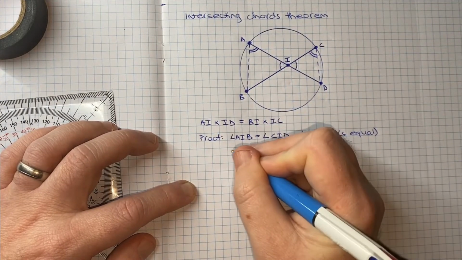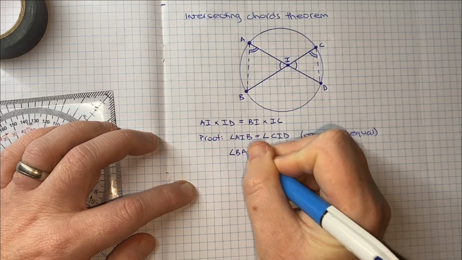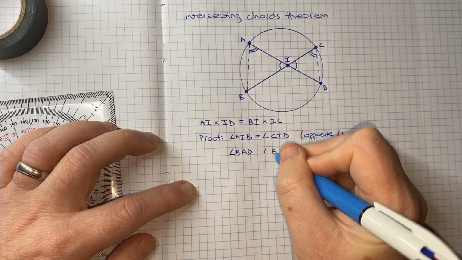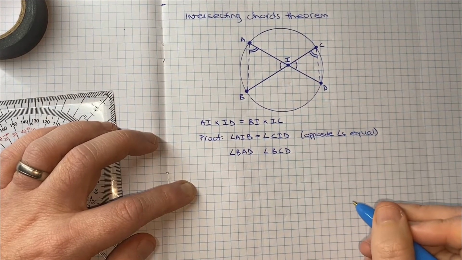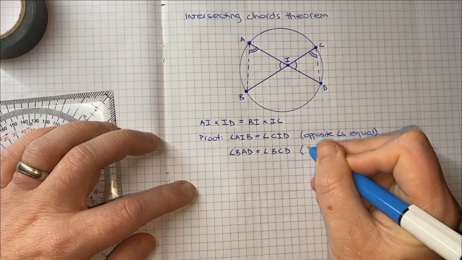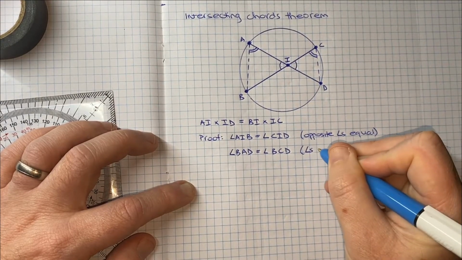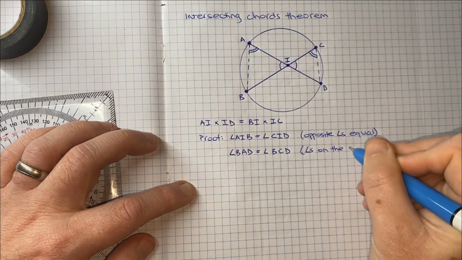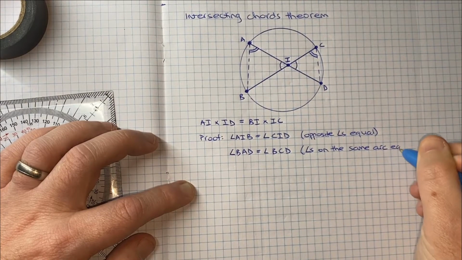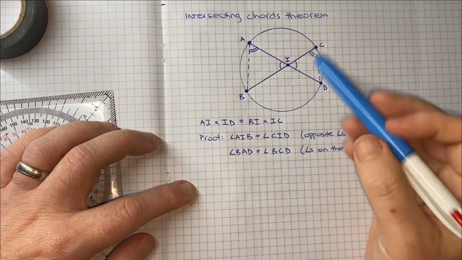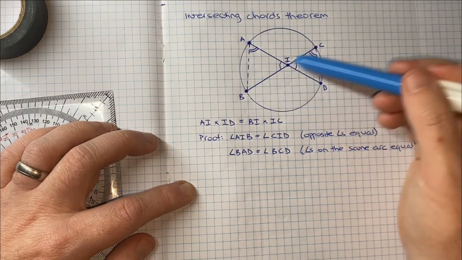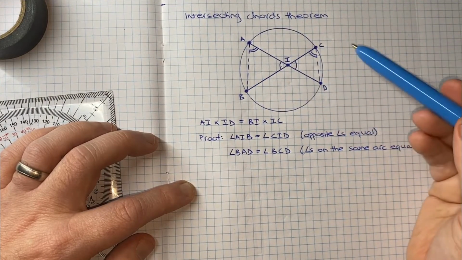So if I write angle BAD and angle BCD, well, we can conclude that those angles must be equal because angles on the same arc are equal. And so I've been quite deliberate about saying BAD and BCD, as opposed to, for example, I could have said BAI and ICD,